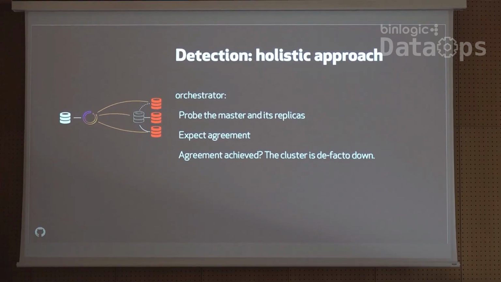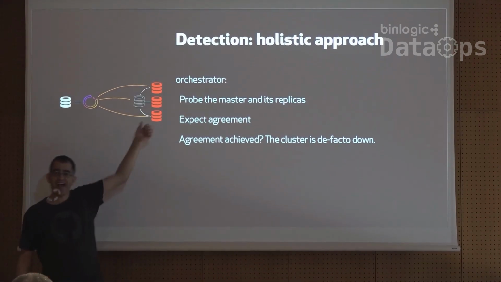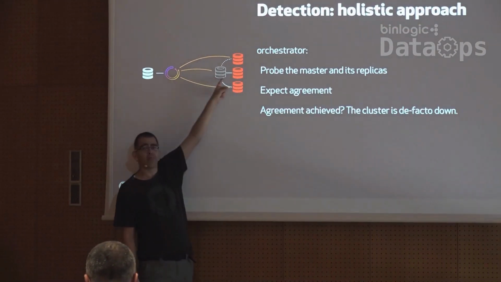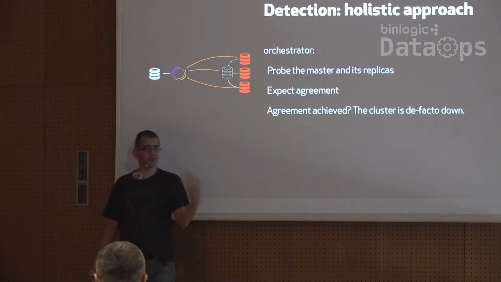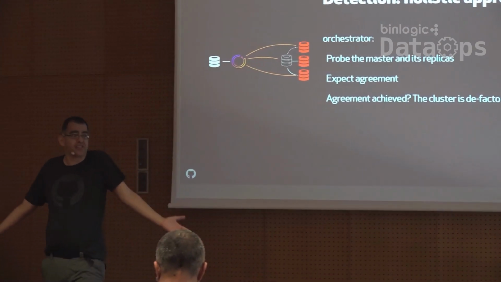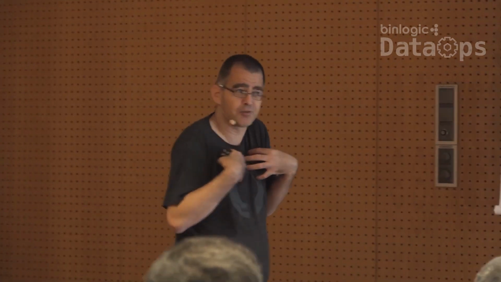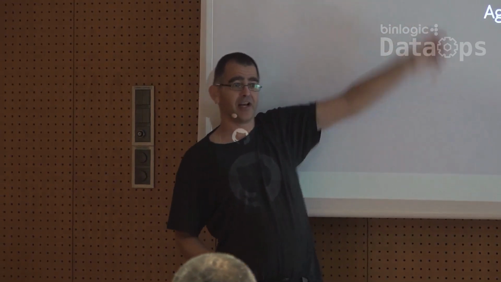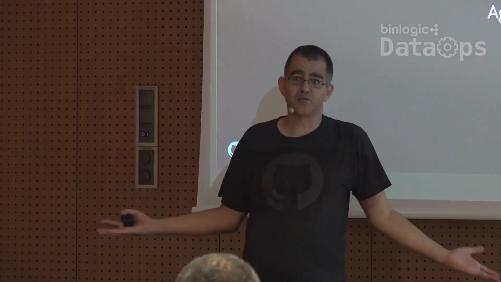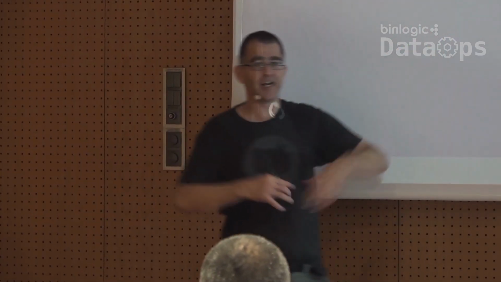Because I'm orchestrator and I know what the topology is. I know what it looked like 5 seconds ago. So I can expect to talk to these 3 replicas and ask them, hey, I checked the master and I can't see it. What do you think? And if the 3 replicas say, yeah, replication works, we're happy, then orchestrator says, okay, so who am I to decide, they say they're happy, the problem is with me. But if everyone says, oh yeah, the master is dead, I can't reach it, I have an IO error or whatever,